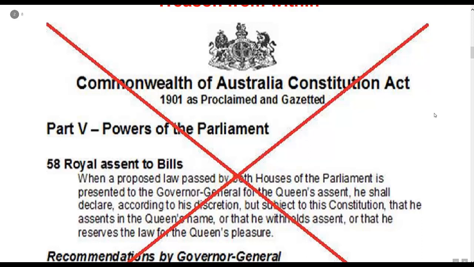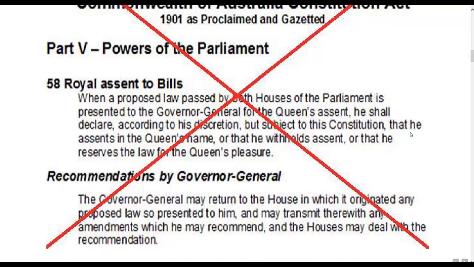Now you can find this in the Pocket Constitution if you go to your local member and ask him for your copy of their free Commonwealth Constitution. You'll find this in there, but they don't bring this forward. It's still there, but they don't recognise it. You can't have Royal Assent in a sovereign independent federal nation, and the con job is they leave it. This is a changing of the Constitution without having a referendum. It's just total treason. Like I said before, it's all done behind our backs.